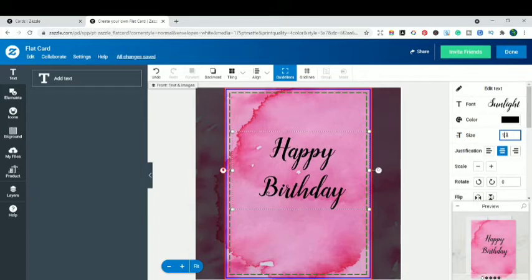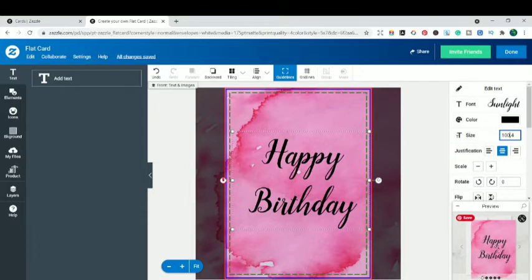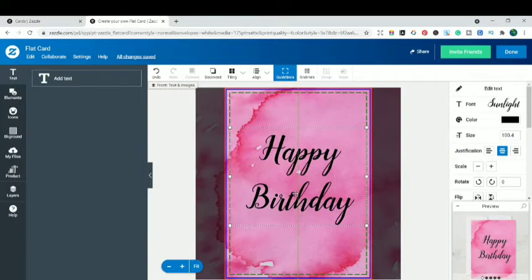You can just adjust it, guys, according to the preview. You can see how your card is actually looking over here. You can adjust it and see how the text is going to look on your card, and you can just shift it, do the tilting, and all those kinds of things.